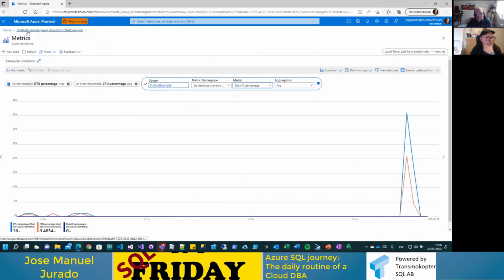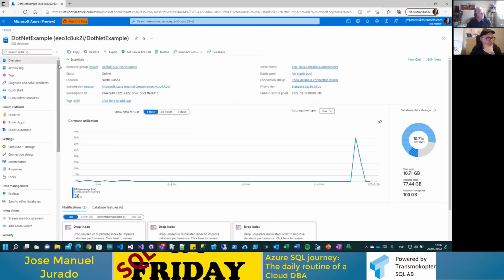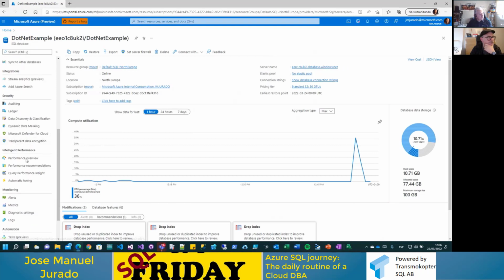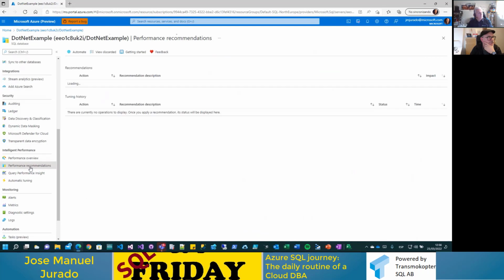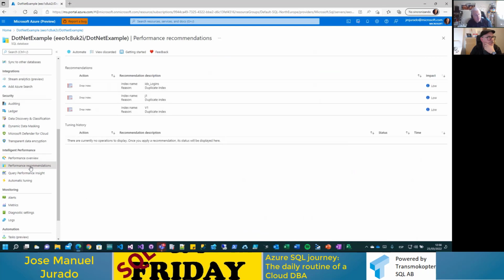Even one of the advanced features that we have is this one, the performance recommendations. Performance recommendation is another option that I think will be implemented soon in on-premises. It is based on your workload.